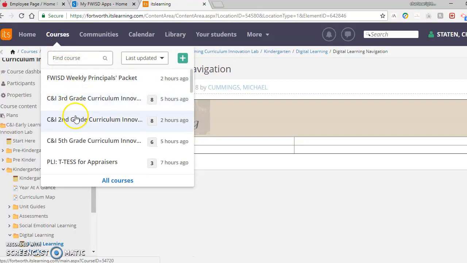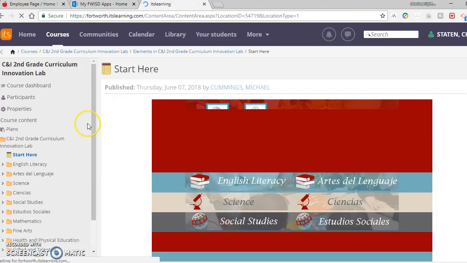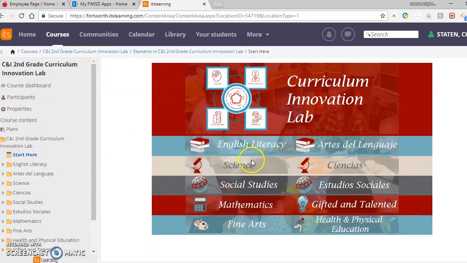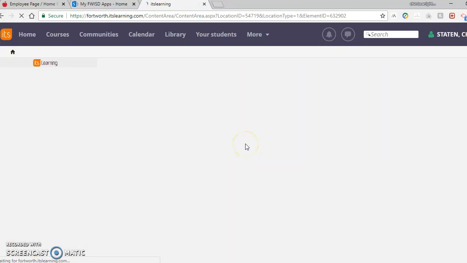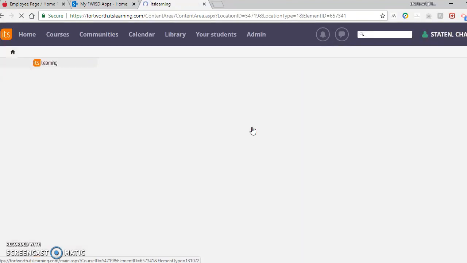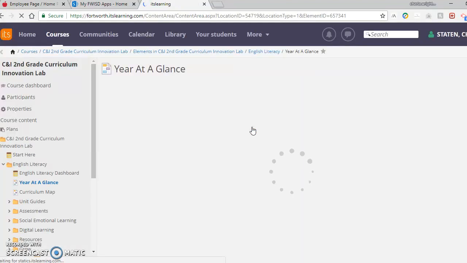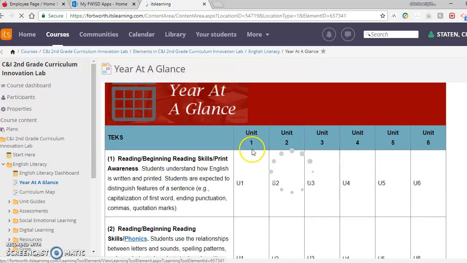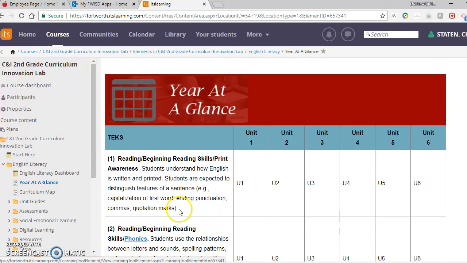Let's actually use second grade. So you can see for the upper grades, second through fifth, you'll see all of your curriculum by content. English on one side, Spanish on the other. And you'll notice here's the year at a glance. And then you'll have here all the information with the year at a glance if you want to look at